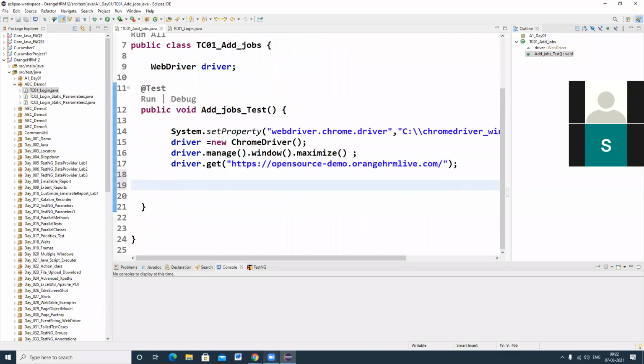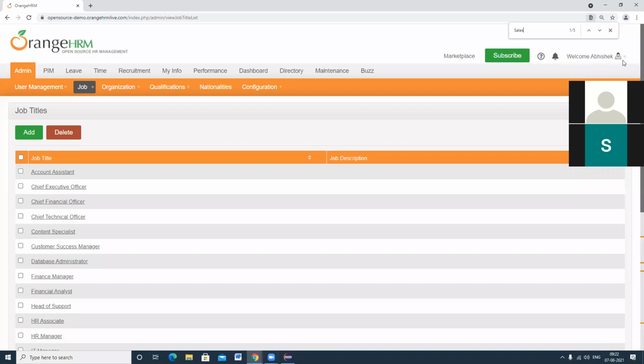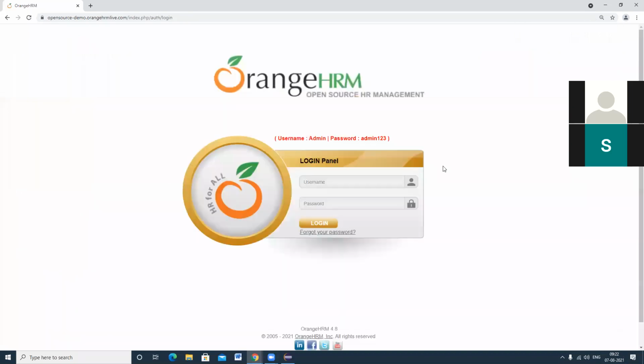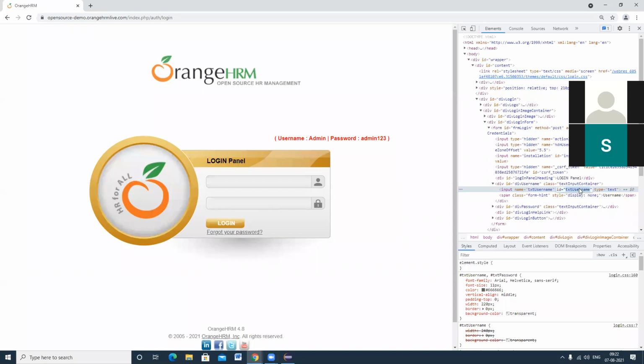So now I want to automate the login page. First what I need to do here, I have to inspect my web element. So ID is equal to txt username. I'm taking the web element ID, txt username.